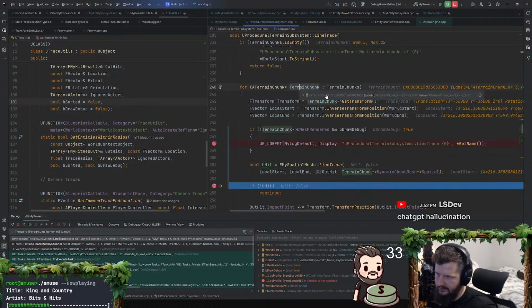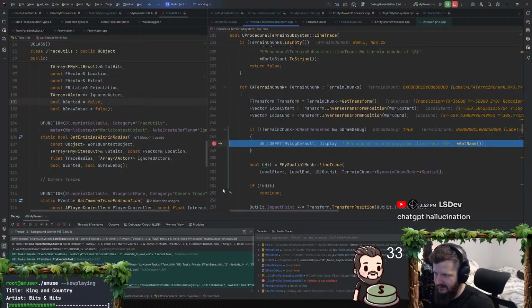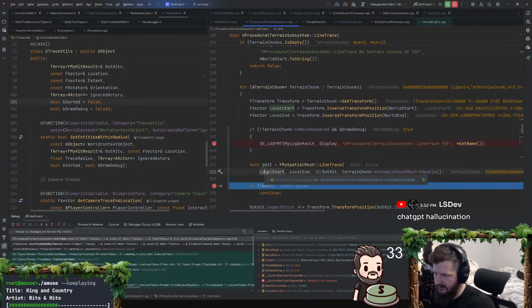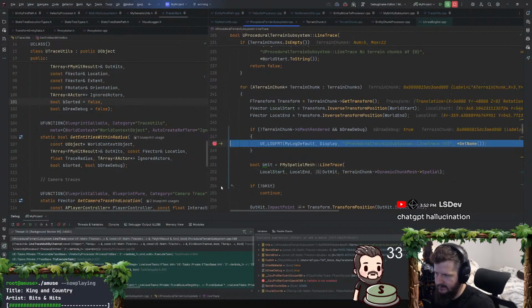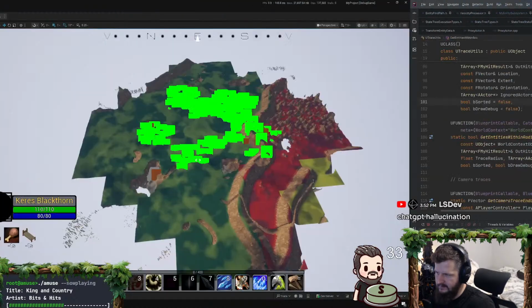It's kind of hard to tell whether it should or shouldn't. ChatGPT hallucination? Maybe. Yeah, some sycophant answer. Okay, line trace multi-byte channel. We're coming from the velocity processor. Okay, what is B hit value? It's also false there. It's false there.